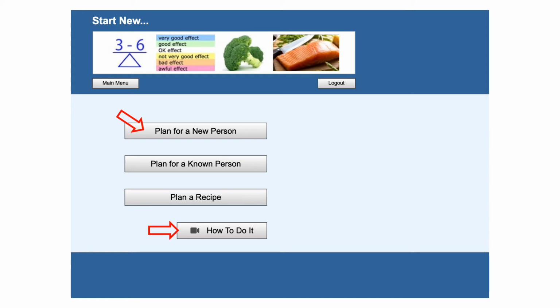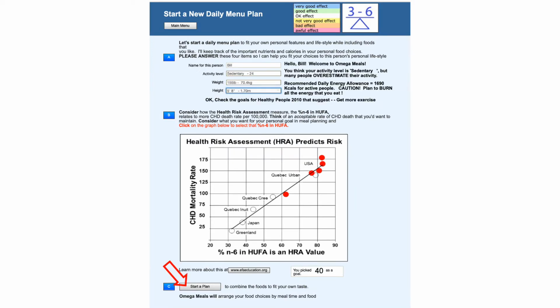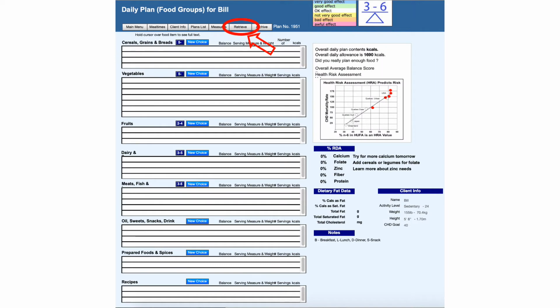The Plan for a New Person button opens a page for you to enter personal lifestyle data and see the recommended daily food energy allowance for those data. Pick a goal for your desired health risk assessment value, which is your body's balance of omega-3 and omega-6. Then select Start a Plan to open an empty plan that has major food groups from which to choose 20